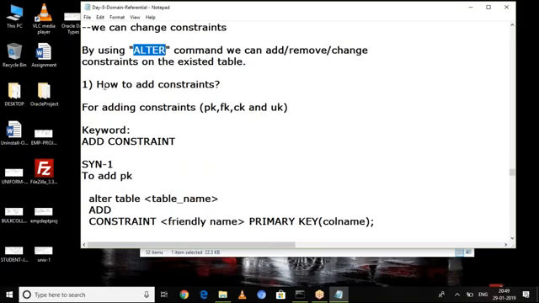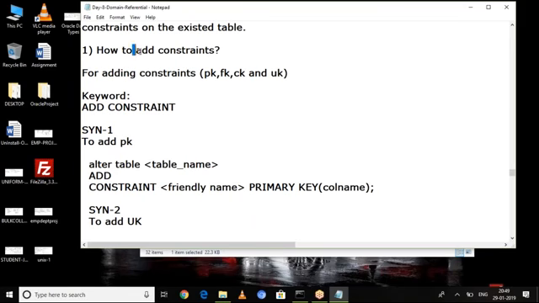Now, how to add constraints? First one, we can use the keyword add. If you want to add a constraint, we can use the keywords add constraint. By using the add constraint keyword, you can add primary key, foreign key, check constraint, and